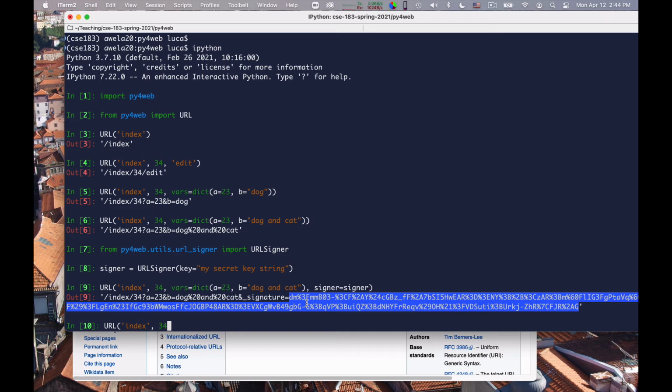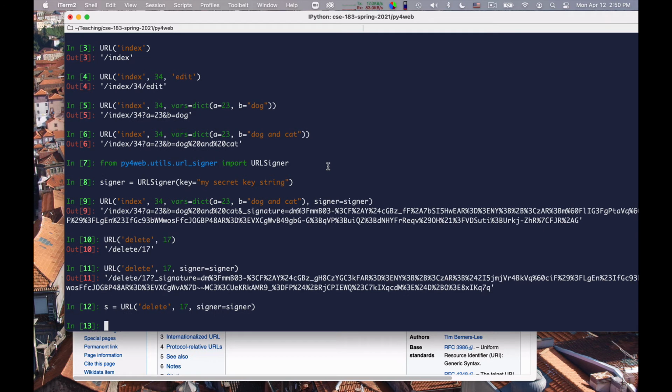Okay, so the signature can also have an expiry time that you can specify. There is a way to specify which portion of a URL should be signed. Normally it's only the path, but if you wish, you can also include some of the variables in the signature. I want to tell you more in detail what is the purpose of signatures and how they work.